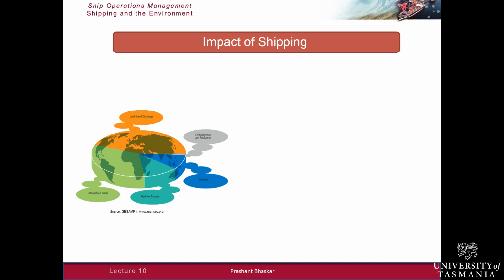So most of this pollution, 100 minus 12 would be how much? 88% would be generated from land sources. However, I should caution you that these estimates were produced in 1990, and some people actually say that because land-based pollution has grown at a very rapid pace, maybe in percentage terms, the pollution from shipping is probably less as a proportion, but that doesn't mean that the amount of pollution is not significant.